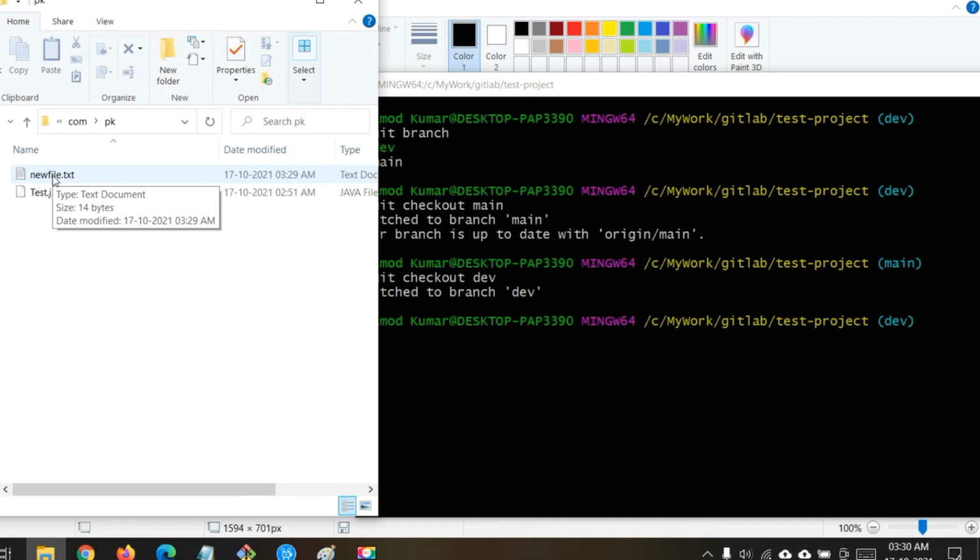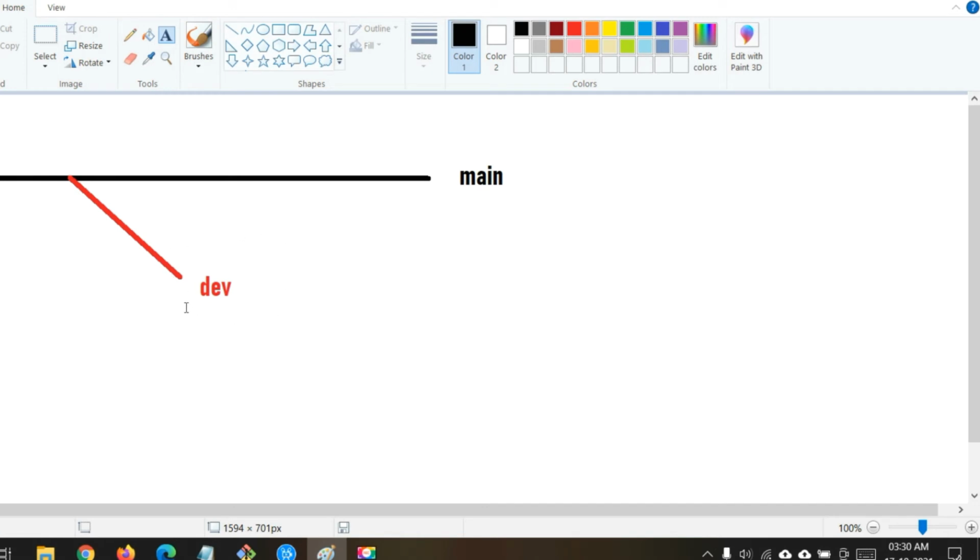Okay, now suppose my work is done, and all the changes which I wanted to make are already done in my dev branch. The ultimate goal should be, once we have done all the changes on the dev branch, to push the dev changes to the master, because the master or main branch is the original branch which has all the latest code.